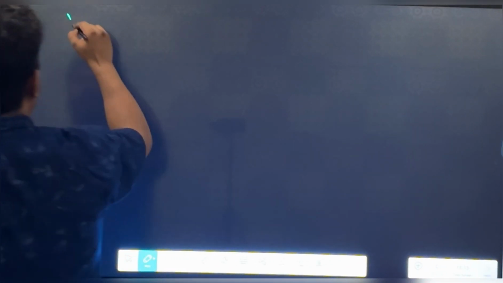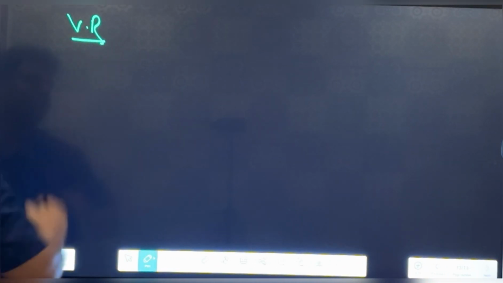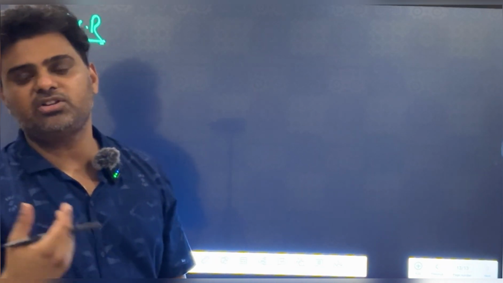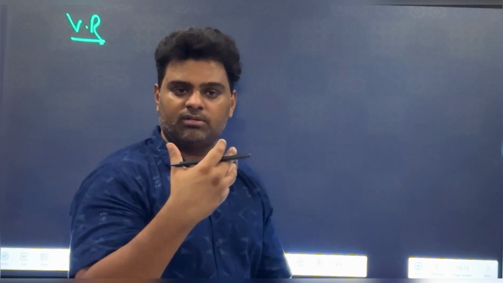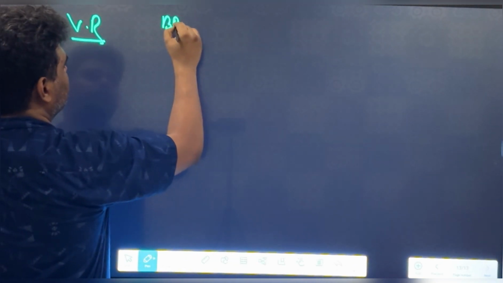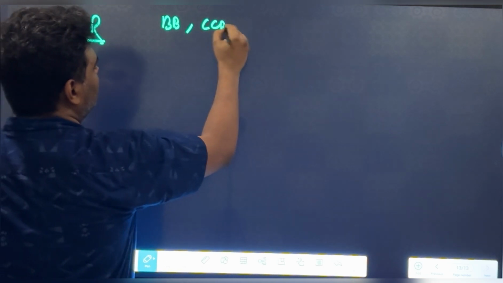Now, ventricular rate, because if the ventricular rate is very high, diastolic time will be low, ventricular filling will be low, ejection fraction will be low, and the patient will have a lot of symptoms. Therefore, when we decrease the ventricular rate, diastolic time will increase, ventricular filling will increase, ejection fraction will increase, and symptoms will decrease. So for ventricular rate, we can use beta blocker, we can use calcium channel blocker, and we can use